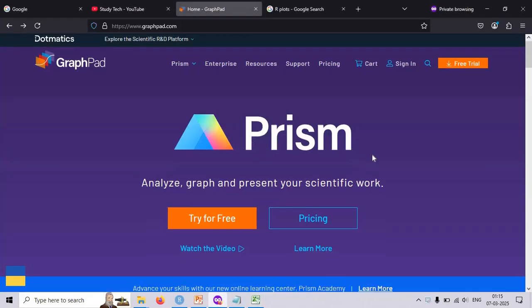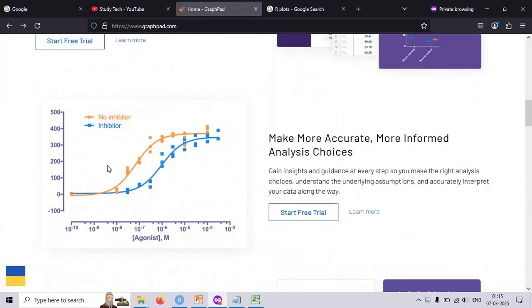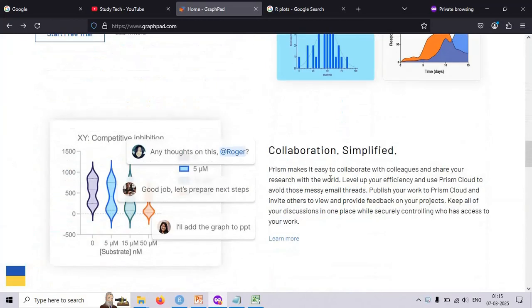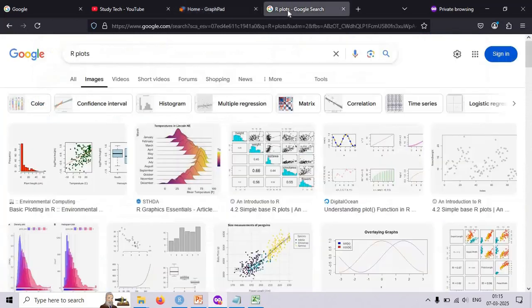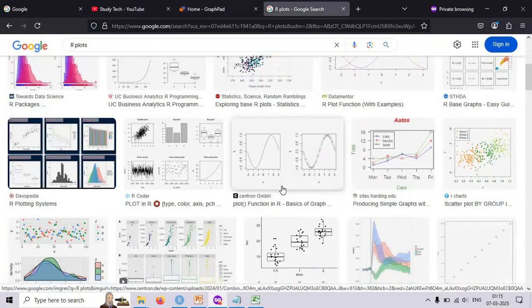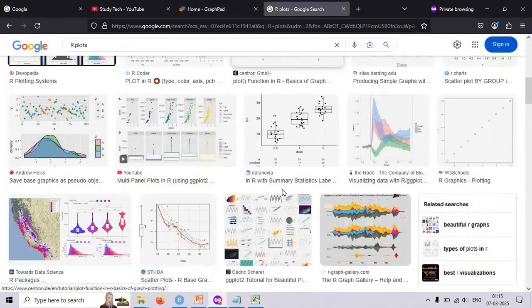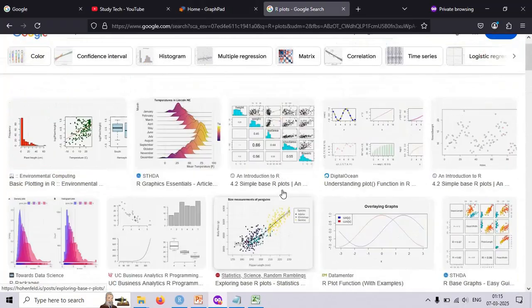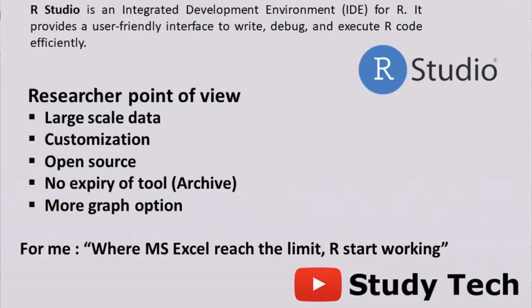In Prism, there are some eye-catching graphical options for your data, but in R you can make numerous graphs, and it is also free. As a researcher, for me there is one line: where MS Excel reaches its limit, R starts working. Let's go to R,